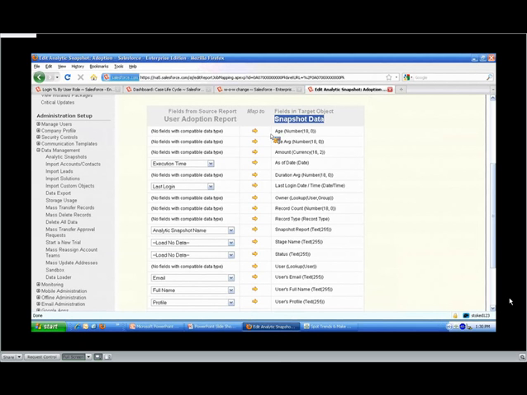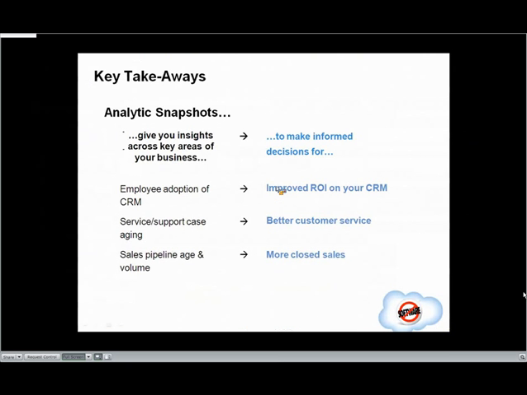No, we've actually concluded our demos, and I'll just pass it over to you to follow up with the key takeaways. Sure. So the key takeaways is that the analytic snapshots allow you to look at trends so that you can gather insights across the key areas of your business so you can make better decisions. So we showed that on the employee adoption side, how you can see who is not using the system as they should. So you can have a conversation with them and drive better adoption and therefore better return on your